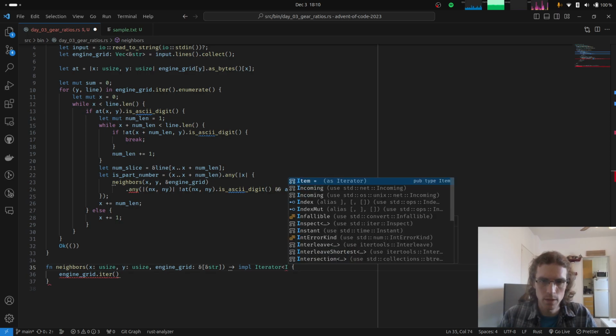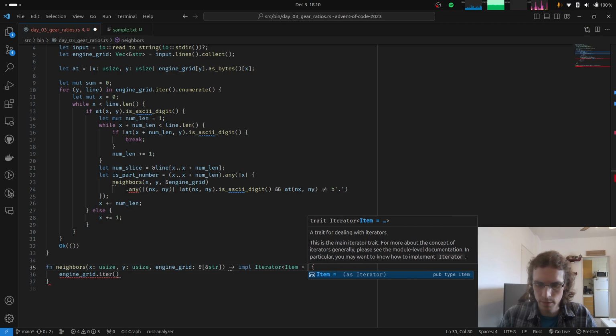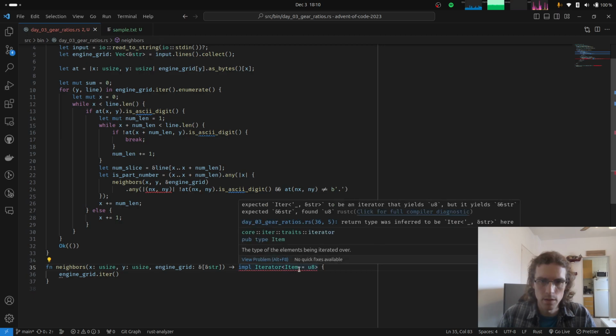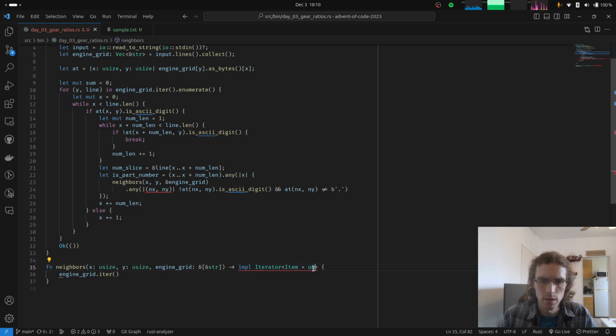Yeah, it should be item. If I say something else like item u8, are you happy about that? No, you still don't like it because, oh, no, now it actually worked. Yeah, if we say that the item here is this,